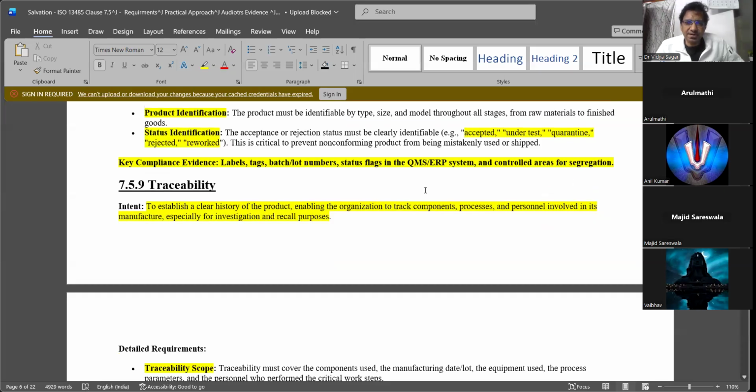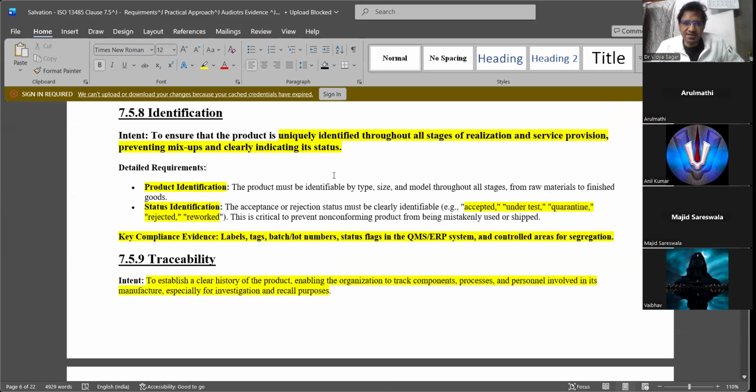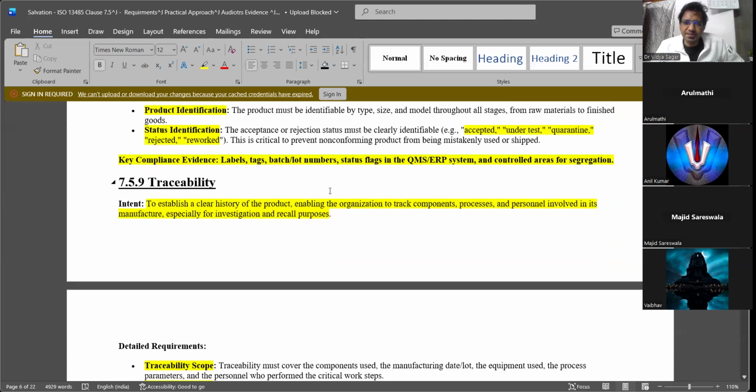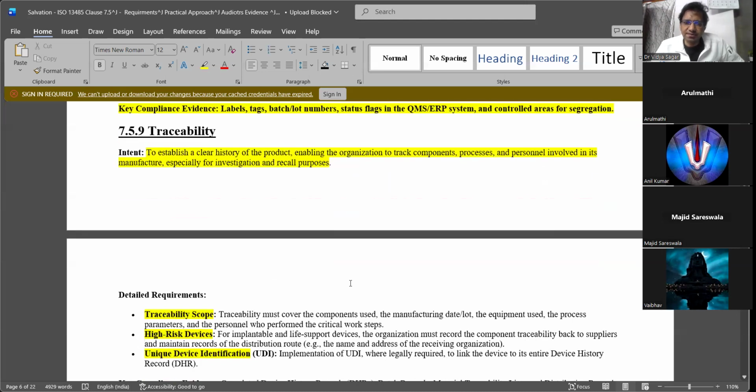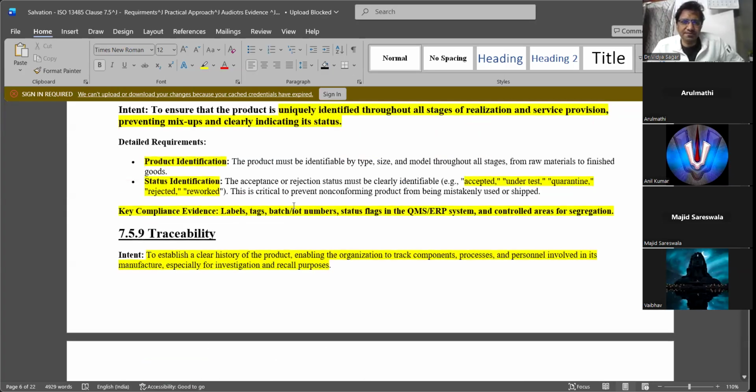Okay, traceable. We talked about identification. This is within the organization. Traceability is something which you need to have. Again, it is going beyond. Like from raw materials to finished products, you can identify through this. This is what we call identification.